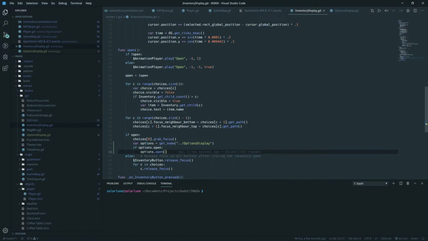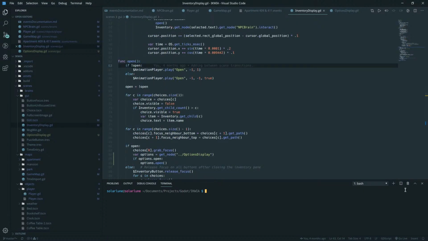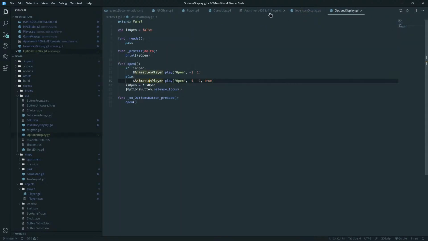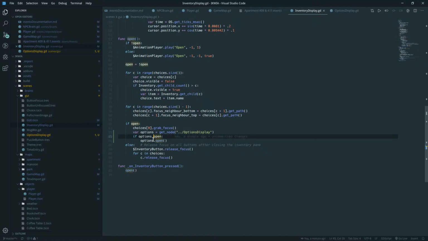Okay, so it looks like it can have both a function named open as well as a variable called open. So I guess I'll probably work with those both. Also, I don't need this open. There we go. Okay, so yeah, we'll just go ahead and do something like this. So if the options is open, then close it.